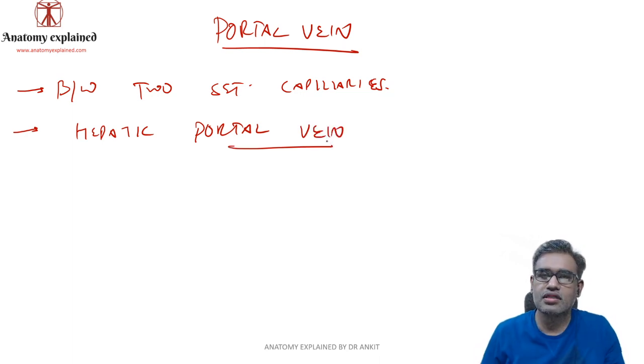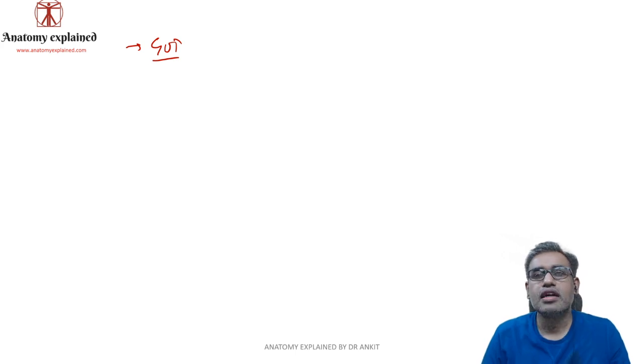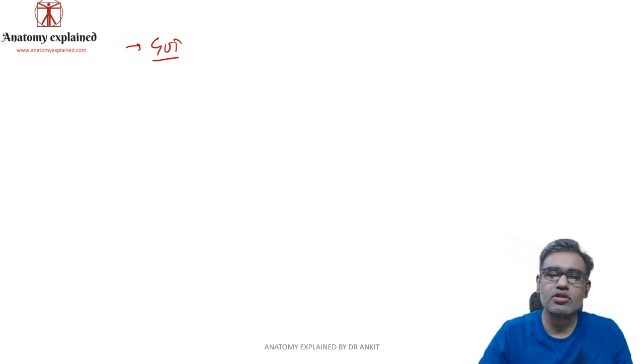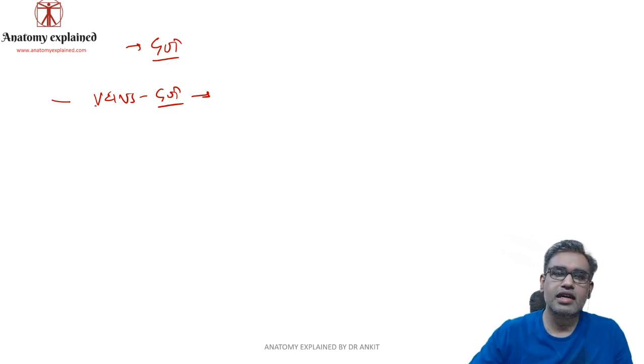So remember, first of all, what is this system? The second thing is, what is the need for this system? The need is that whenever we eat or drink anything, that part of the food or drink goes into our gut and gets digested there. All the blood vessels which take away the nutrients from there, the veins of the gut, are carrying all the nutrients. Whatever food you take in, whatever drugs, pharmaceuticals or toxins you have, all of those are absorbed by our gut. So in the gut they are absorbed by the veins.